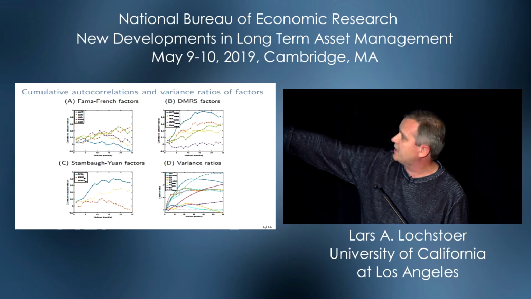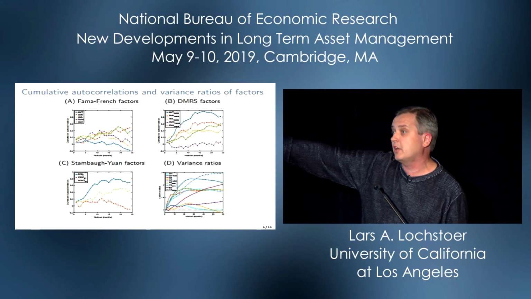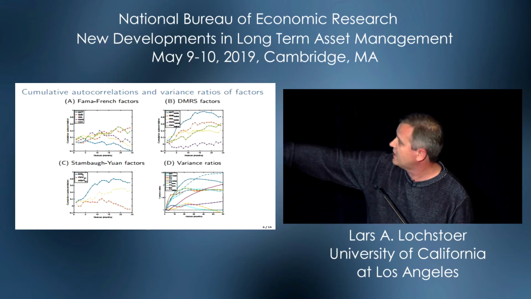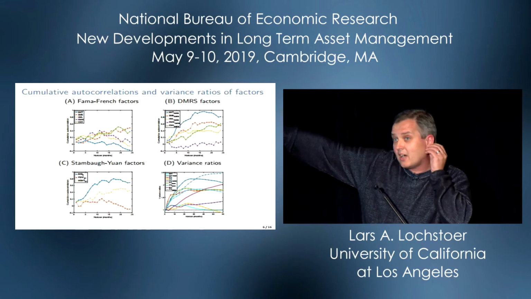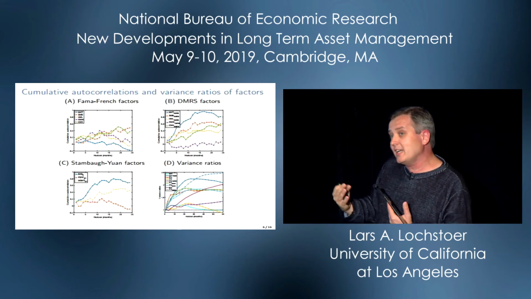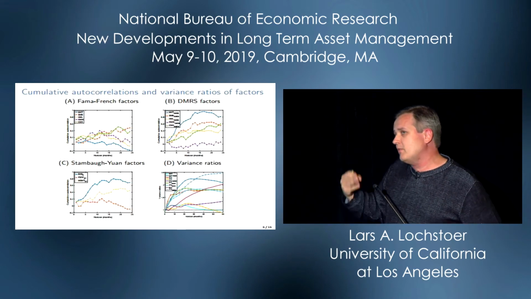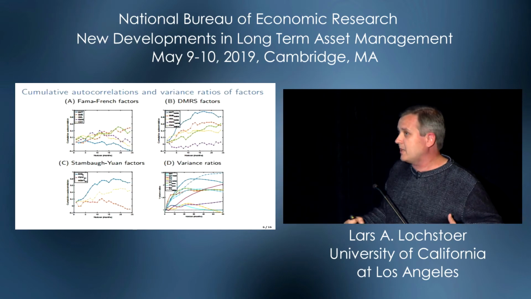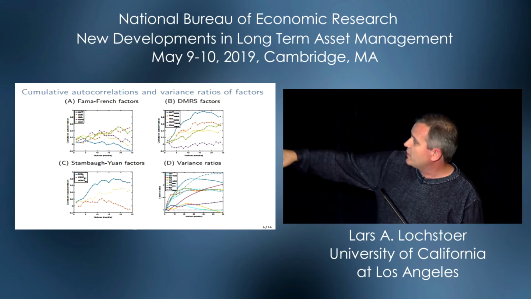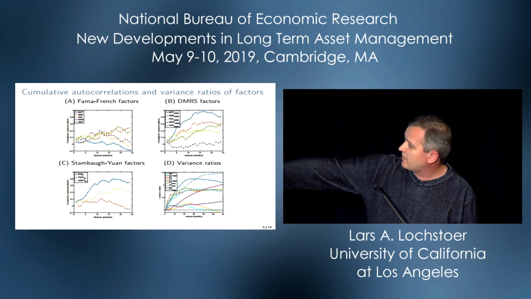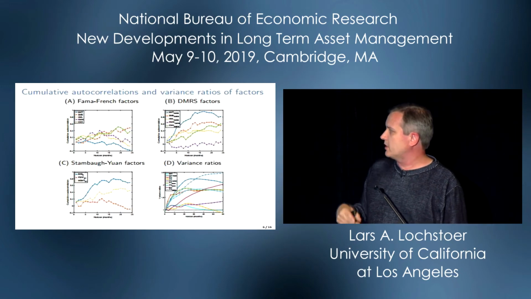If you go to the Daniel et al. factors that are just industry and other risk-hedged Fama-French factors, the autocorrelation is way higher, meaning that you're getting a ton of dynamics here, and that's a warning sign. If you want to invest for a long time and there's a ton of dynamics, you have to pay attention. Not for all factors, but for some of them. The bottom here is betting against beta and this one is Stambaugh and Yuan, so it's about the same.